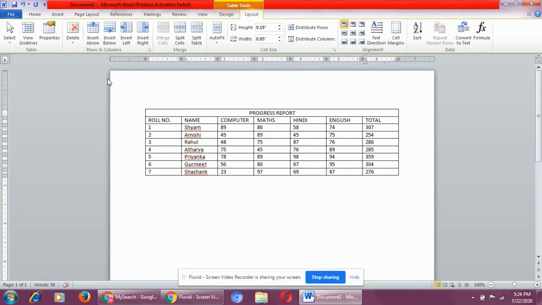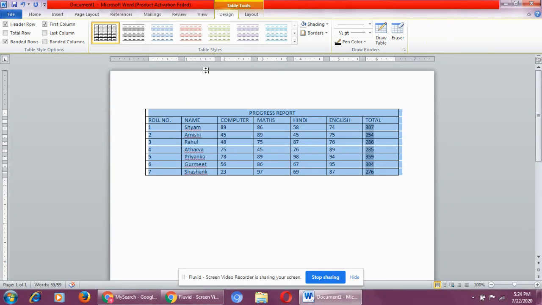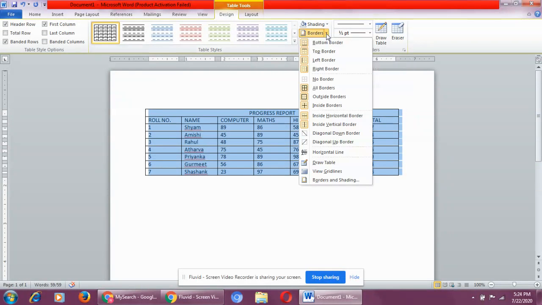Okay. Now select the table. How to select? You have to click on this table handle. Select the table. What does the sixth bullet say? Select the table. Click on the borders button drop down arrow. Now where will I find this borders button? For that I have to click on the design tab. Then in the table styles group we have this borders button.